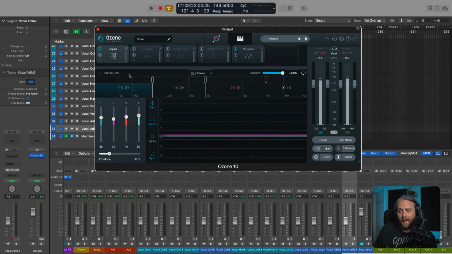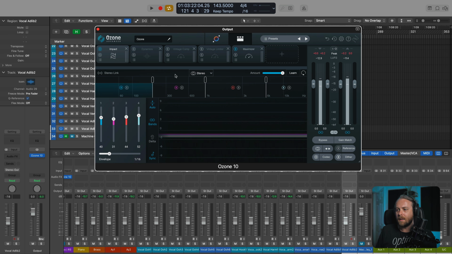We also have stereo link. When you click this on, we're going to apply similar processing based on the mid channel to what's happening on the left and the right channel. When you deselect this, it's going to respect where things are in the stereo field and apply microdynamics processing accordingly. So we can also apply things in mid-side here, like I was mentioning earlier.